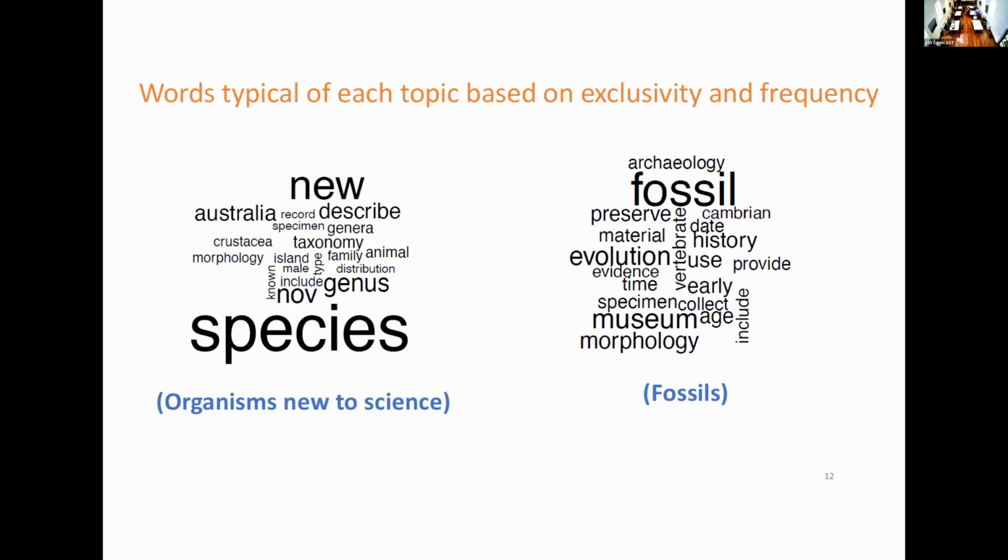So I chose to impose 8 topics on this corpus, and I'm just going to show you 4 out of the 8 word clouds that came out of that. I've got to say, I was just incredibly gratified to see these word clouds were actual subject areas. I was kind of half expecting I'd go through this exercise and just this random mush of words would come out that didn't mean anything.